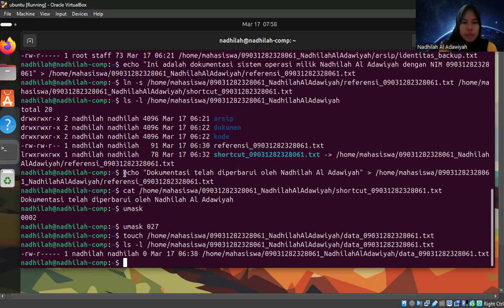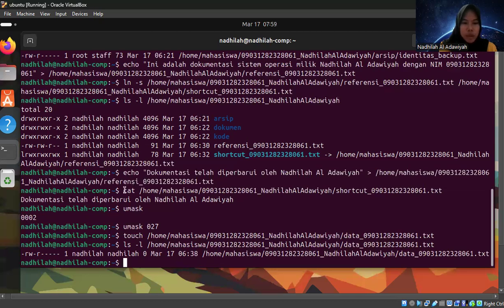Next, for example, we can change the contents of the reference file using echo. And if we display the shortcut, using the cat command, and we enter the symbolic link earlier, the output will be the same as the contents we have changed earlier.